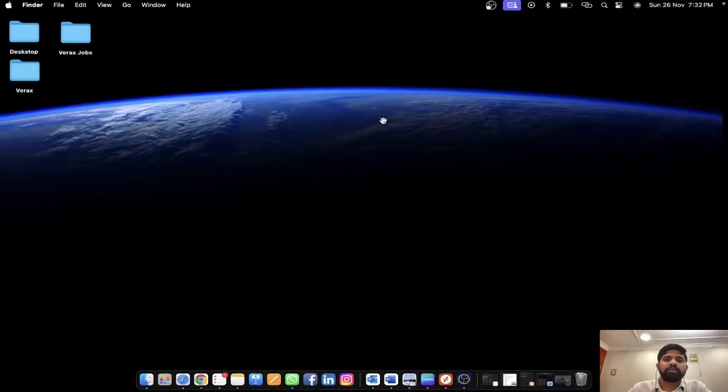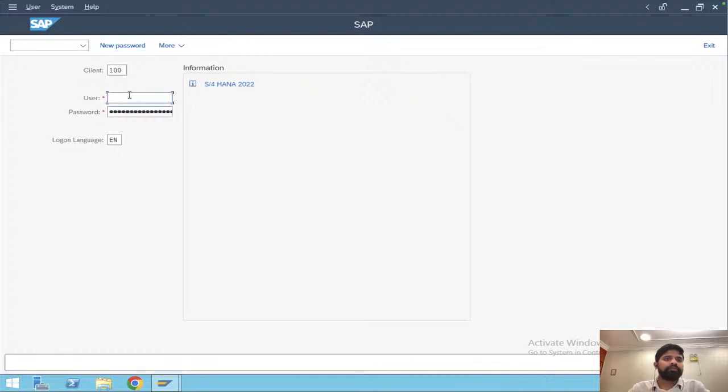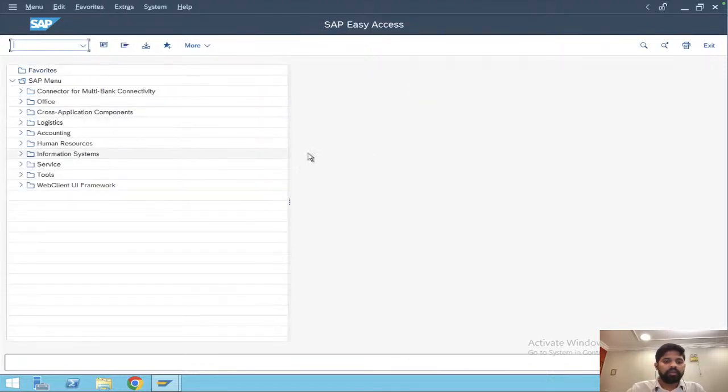Now, what is a GUI transaction? I will just log in here. This is the first session, so I don't expect you'll understand all things, and you should also not expect that.